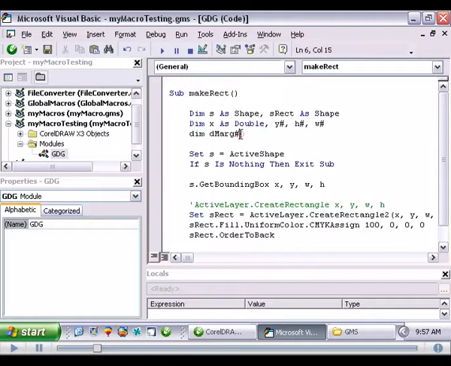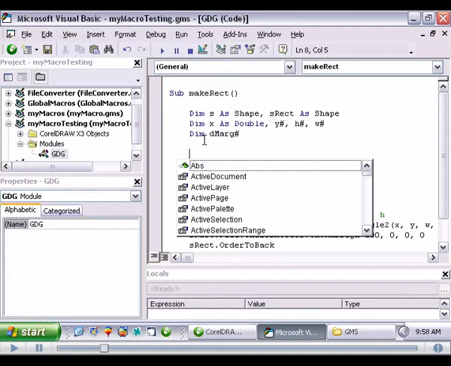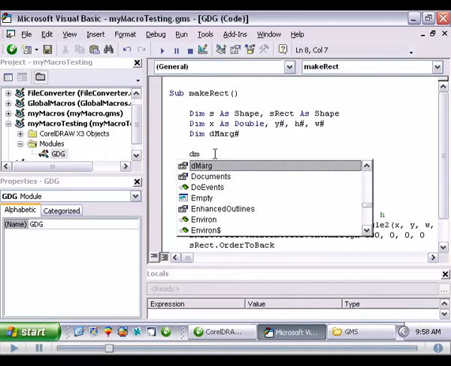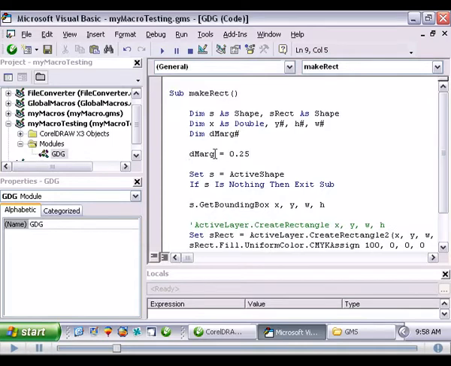This is a variable. Okay, and let's say our margin, I can hit Control J and watch, demarge will be there as a property. So I can hit Tab to select it, and let's set it to, let's say, 1/4 inch. And some people might want to use millimeters. If you're using inch, you don't have to specify, but you could do something like this: